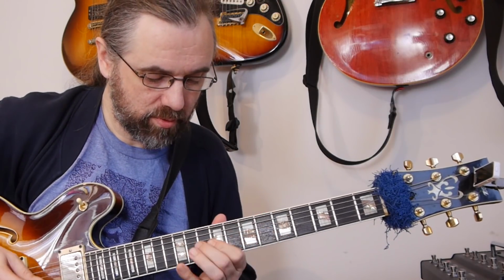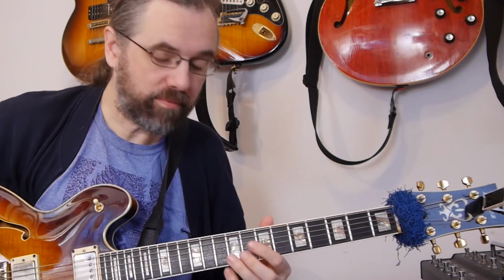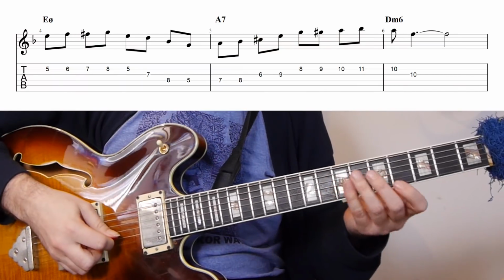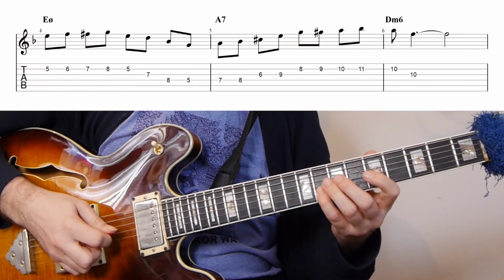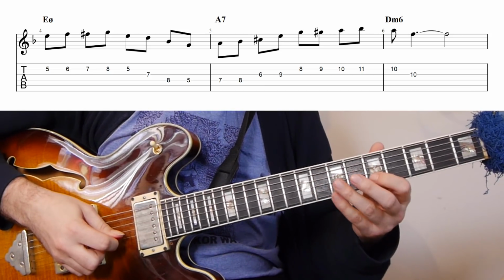So that's something that I make use of quite often when I'm making lines on minor cadences. So in the line I'm going first the chromatic movement, so, and then an E half diminished arpeggio from the root and then descending, so,